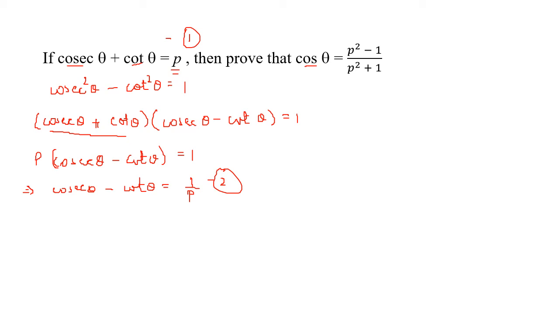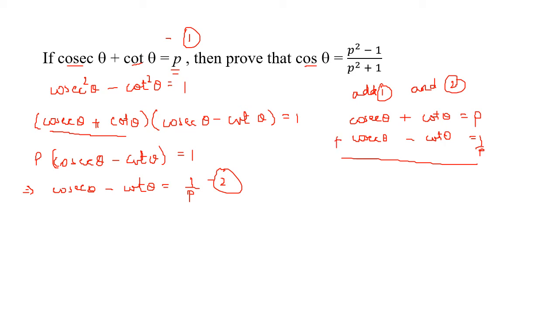Now see what I am going to do here. First I am going to add both the equations, and you will see why I do that. Add 1 and 2. So we have cosec theta plus cot theta equal to p, cosec theta minus cot theta equal to 1 upon p. On adding them both, this gets cut. So what do we have? 2 cosec theta,